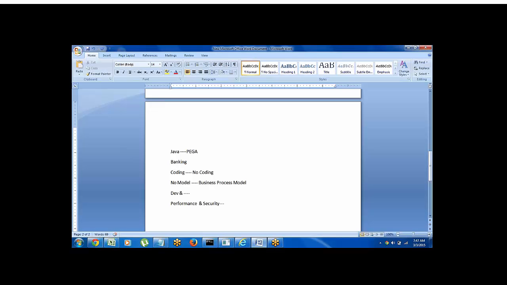Because in PEGA most of the applications will be related to financial applications, insurance applications, banking applications. Mainly the domains will be like this. Healthcare, so many, it supports all the domains, but majorly banking. All the banks in the US market are designed in PEGA only, and all the financial sites or any insurance applications, healthcare applications, educational related, marketing related, any domain you take, so